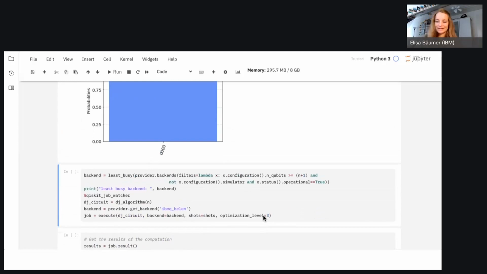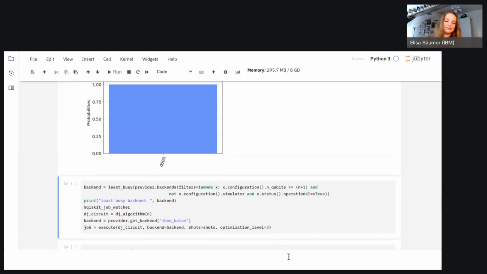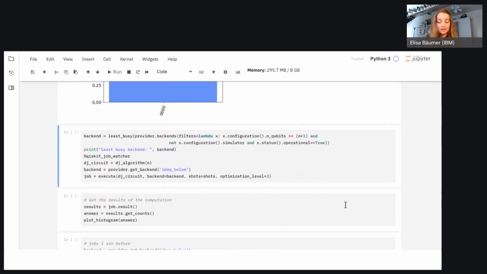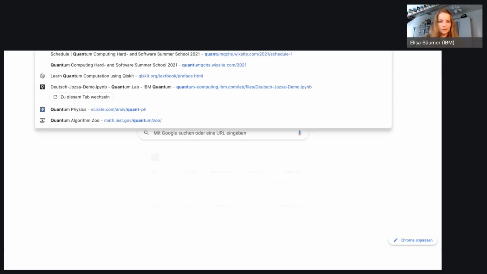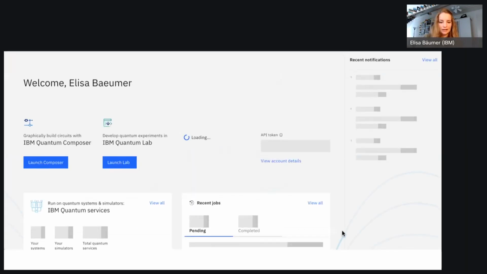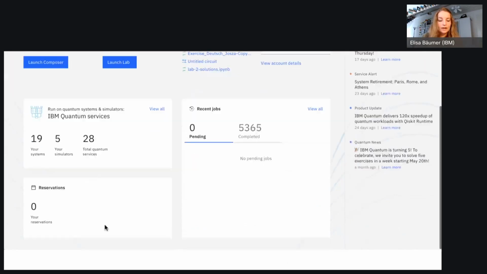But yeah, the simulator is of course nice to see that everything we programmed works the way it's supposed to work. But of course, we're interested in also running it on the actual hardware. So for that, we want to choose a backend. And there are a lot of different backends. So if you go to quantum-computing.ibm.com here, and we can see, if we log in, the IBM Quantum services.